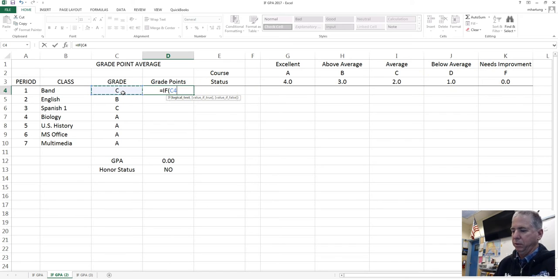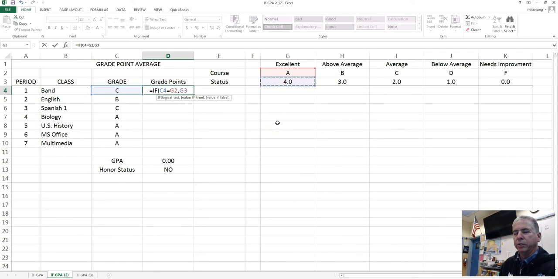C4 is equal to an A, then what we want to have happen is we want it to insert the value 4 for the grade points. And so rather than type a 4, we're just going to put the location of that 4. So we, like I said, avoid some of those keyboarding errors that could happen. So if this condition is true, then we want to put in the value in G3, which happens to be 4.0. Now, if it's false,